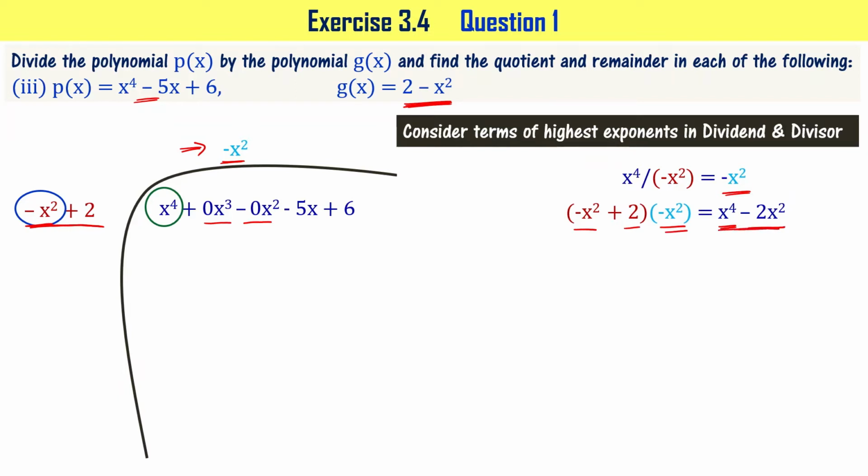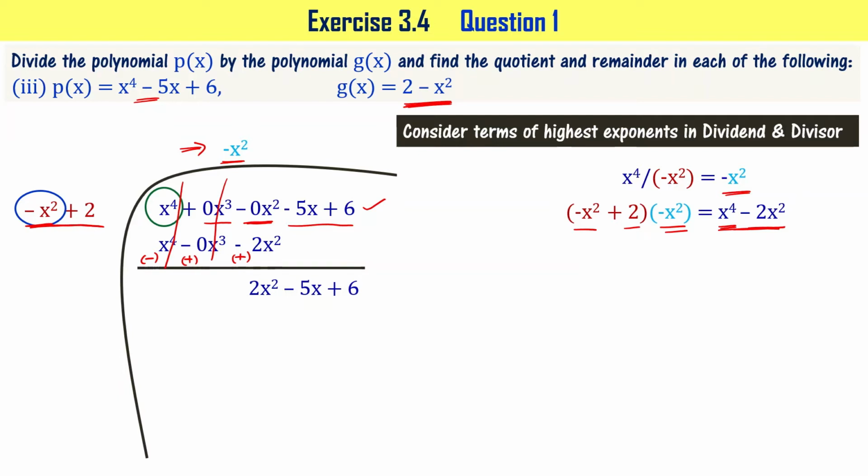Let's subtract this from this particular expression. When I do that, what I get is, let me change the signs. This is minus, this is going to be plus, this is going to be plus, right? Then when you sum it here, x power 4 and minus x power 4 get cancelled. This is anyway 0x cube, this also is not going to contribute. Now here you have 0x square minus 0x square plus 2x square. This is going to be plus 2x square now. I have brought down these two terms now. Minus 5x plus 6 as is.